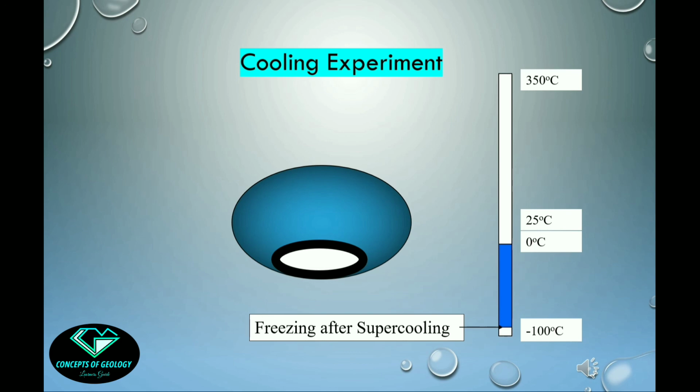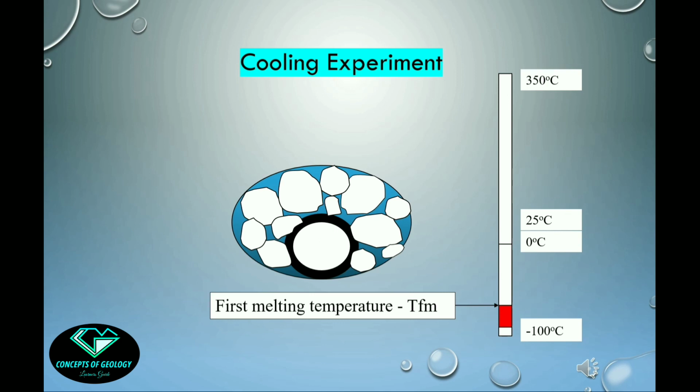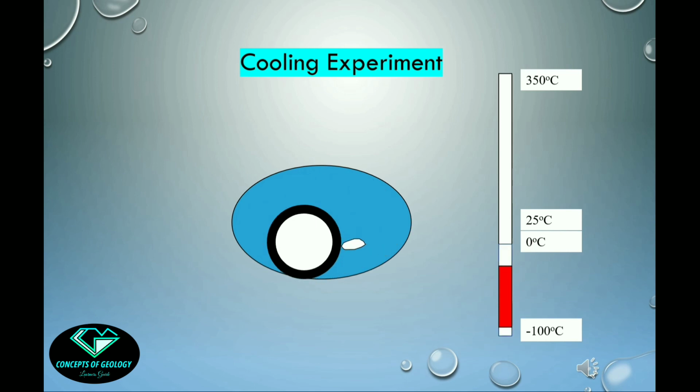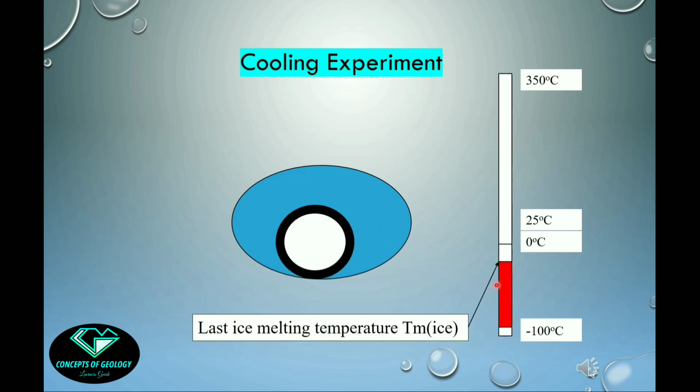Okay, so now the inclusion will be heated again. After a subsequent heating, suppose at this temperature, the ice inside the inclusion is melted first. We have to increase the temperature more to see where the last ice is melting. See, gradually the ice is disappearing and the size of the bubble is increasing. Suppose at this particular temperature, the last ice melted and now we have no ice inside the inclusion. This temperature is noted, and this is used to read off the solution composition, from a curve on a standard graph. Okay, the graph represents the freezing point depression of water as a function of salt content.